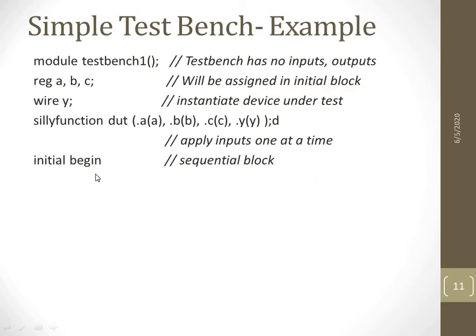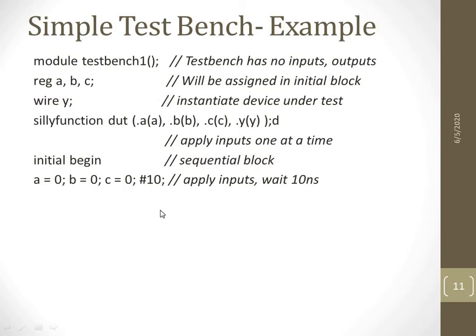For applying the stimulus we need to use a behavioral modeling style of programming. So initial is a must, the initial block is a behavioral block, then begin, then we apply the stimulus here. What am I applying here? I am applying A=0, B=0, C=0, and #10 indicates I am asking it to wait for 10 nanoseconds. In Verilog, the time delay is mentioned as hash followed by the number. #10 indicates 10 nanoseconds. It is asked to wait for 10 nanoseconds.